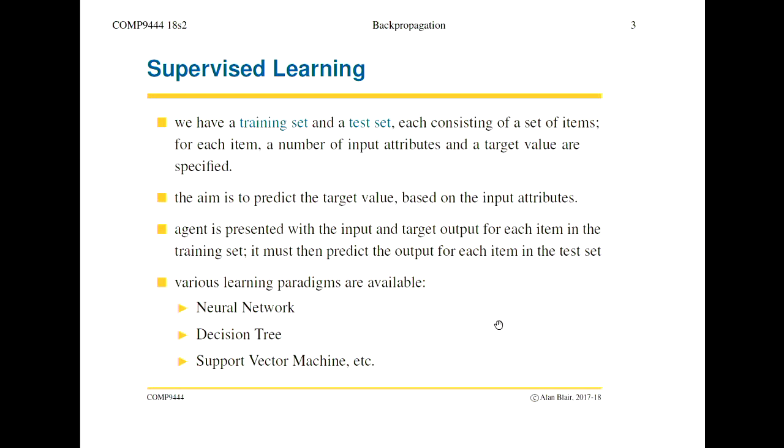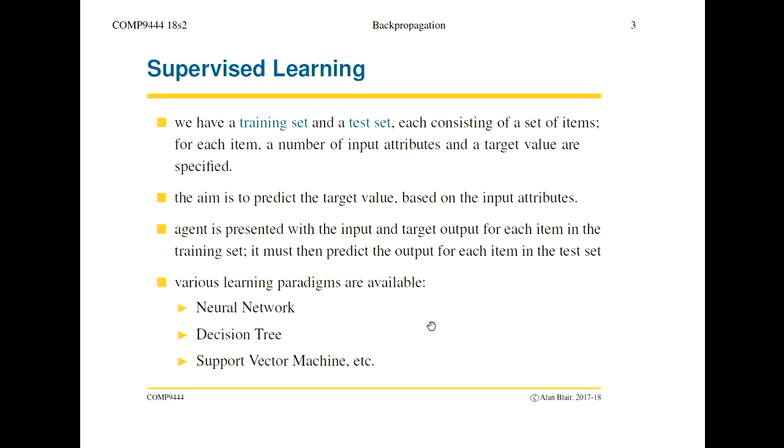This input has a certain number of components, and so does the output. And there's always this distinction between the training set and the test set. So the idea is you're not just memorizing. If the task was just to memorize the training data, then all you'd have to do is store them in memory, and then when you're asked to recall, you just look for that particular training item and pull out the stored answer. But actually, what we want to do is generalize the pattern of the outputs to new, unseen data. So we always have this distinction between training data and test data.